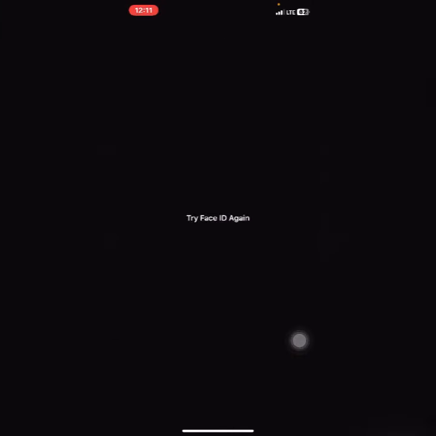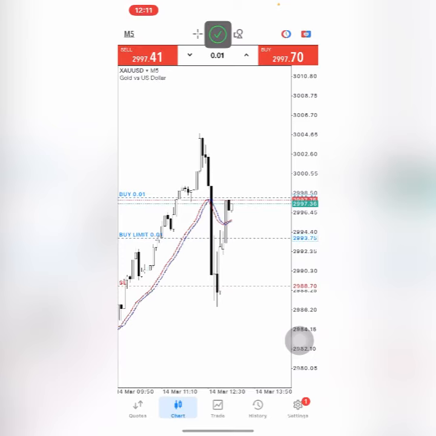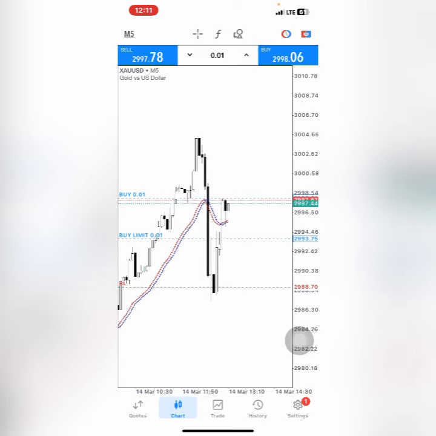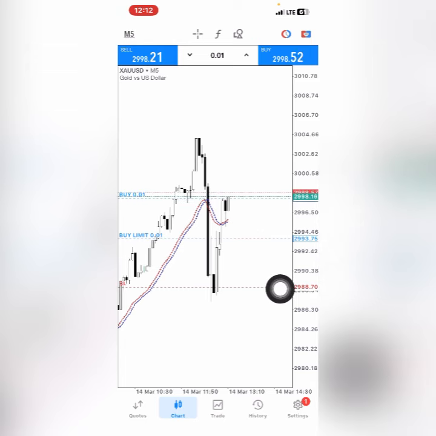I bought gold again from this point right here, as you can see. I also set a buy limit right here, in case it's coming back down here, I'm going to be entering a buy position right here again. Right now the price is not coming down at all. It came to this level and it started rejecting. So it is what it is.